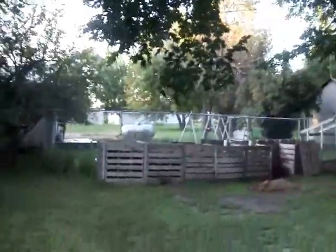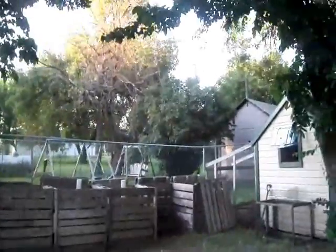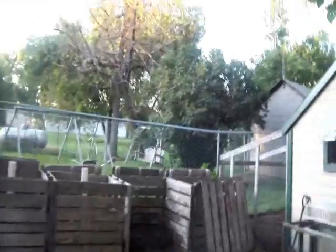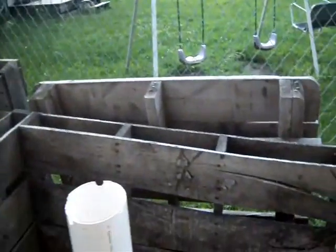For any new viewers, this is my compost project over here, which is beckoning me to do some work. I'm really kind of behind schedule here, but I got plenty of time. I mean, I'll take all of this. See, the whole idea is to start here, move it here, move it here, move it here, blah blah blah, down to the end. And all of these were overfilled, so you can see how much